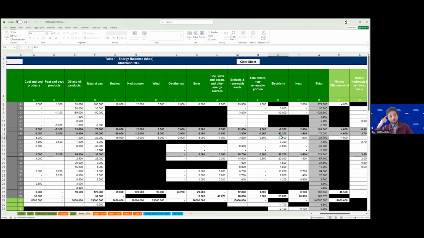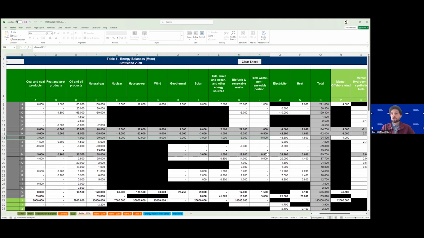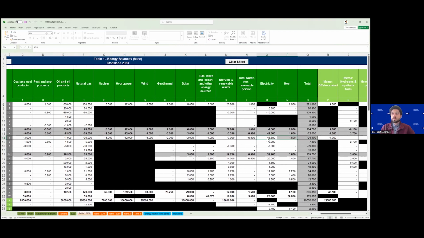But then, and this is why your question is very important, this is also the same cell for every other product. Maybe I should take a step back and explain how this works. The electricity, CHP, and heat plants flow for every product except for electricity and heat, we would expect a negative number because they act as inputs. So we have coal input to electricity and heat plants, natural gas input to electricity and heat plants. But if we scroll over to electricity and heat, these two cells under the same flow represent the output